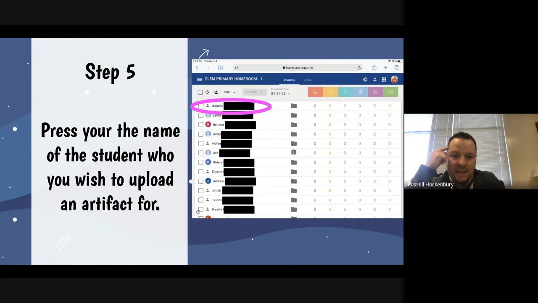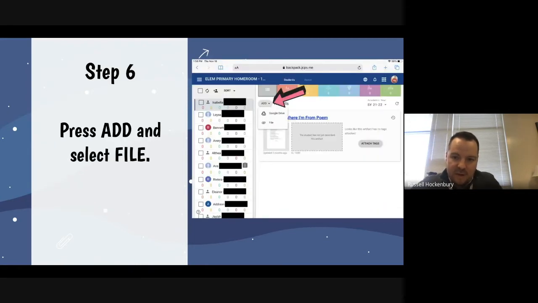I could then click on the name of the student I wish to upload an artifact for. Let's say I wanted to upload an artifact for Isabella. If I click on Isabella's name, it brings up this little panel with all the backpack skills, and it says add. If I click on add, I have the opportunity to either add from my Google Drive or add a file. Here's where it's really cool about having an iPad or an iPhone and using it with the backpack. If you choose file,